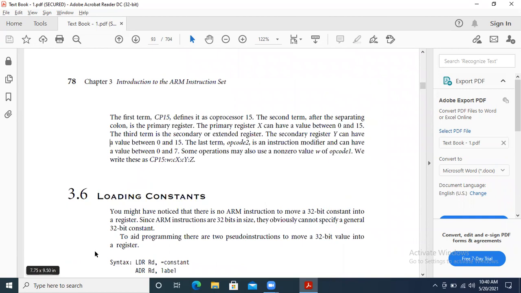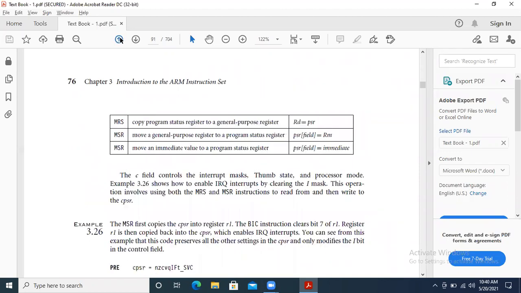Okay. So in the second module, that is first chapter, we have two topics here. One is loading constants and one more is 3.4. Just go back here, just a minute.